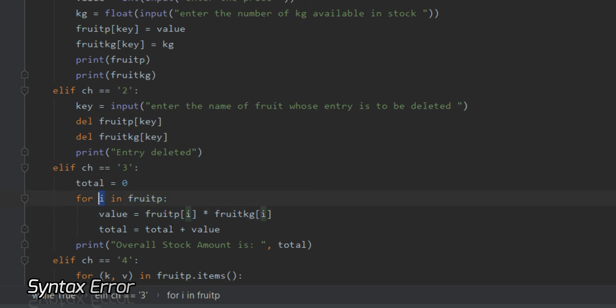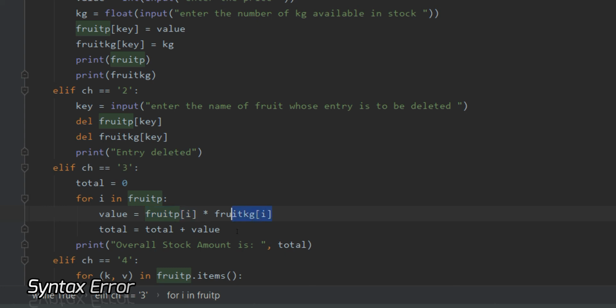This i variable is used for traversing that dictionary, and with the i variable, I'm asking for the values of that key. Now, as I said, when you traverse a dictionary with a key, you will always get the value of that key. So the first key is apple, so I'll get its value, whatever it is, 10, 20, 30.